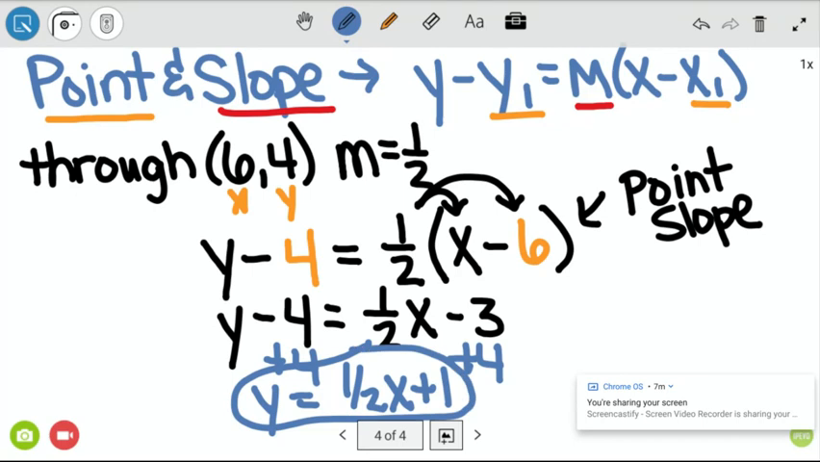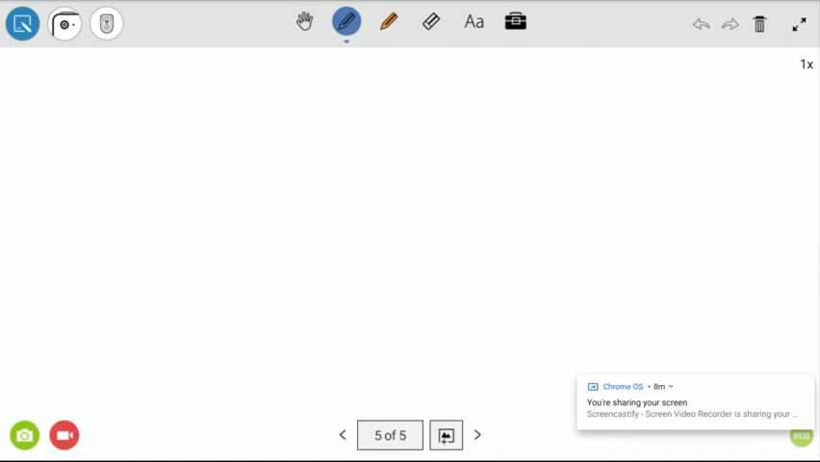So we plug in the numbers for the x and the y coordinate, and then the slope goes in for m. And then once we have our equation set up, we just do what we did before. We distribute and then add that number over. So this also works with negative coordinates, so I want to make sure that we do one like that. So we're going to go through